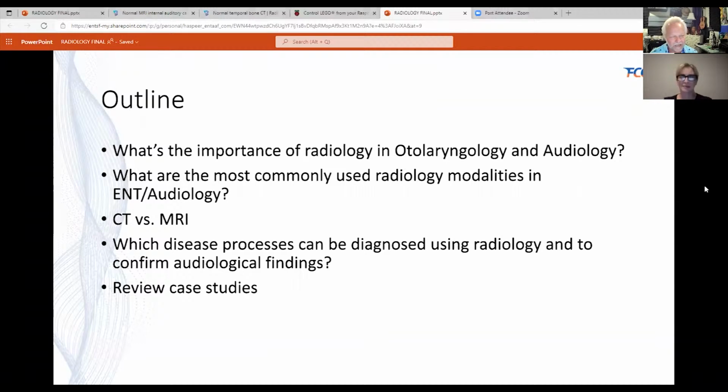So just spend a little bit of time combining audiology and radiology so that we could really do a few case presentations after explaining the different modalities that are available, and hopefully at the end take your questions, or at least give you a little bit of insight as to the differences between radiology involving standard CAT scan and the MRI, and which study is most important